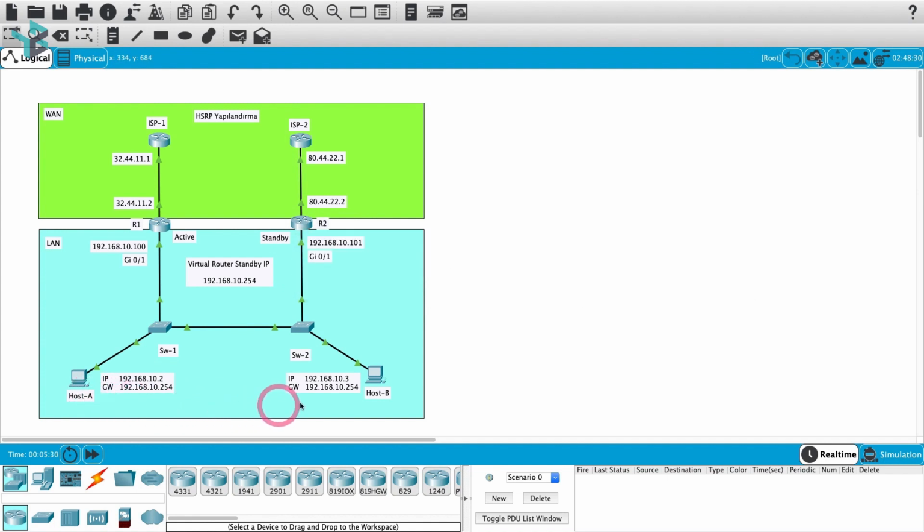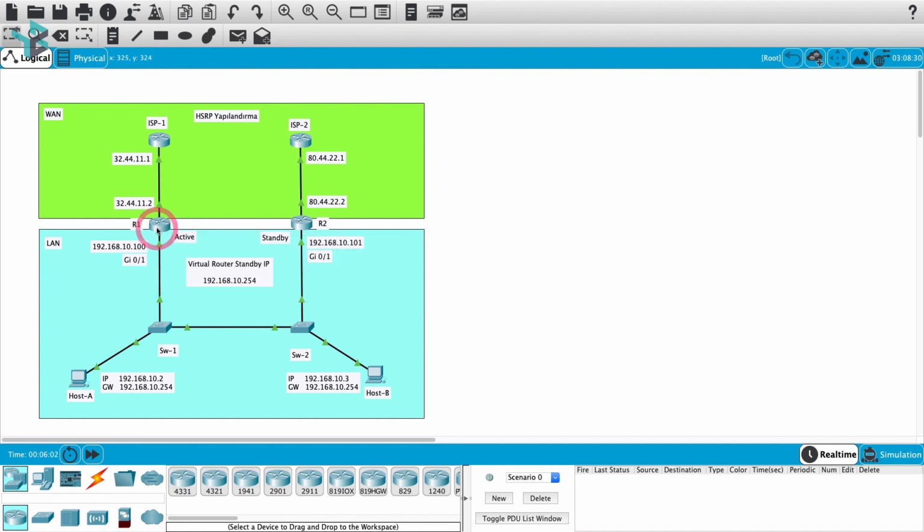We will give our users here the IP of 192.168.1.254 as the virtual router. The hosts here will log out to the internet through whichever router is active. The IP of our active router here is 192.168.1.100. The IP of our standby router is 192.168.1.101. We will configure both routers by giving them 192.168.1.254 as virtual router IP, i.e. standby IP. Hosts will know this IP and will make their output through whichever router is active.